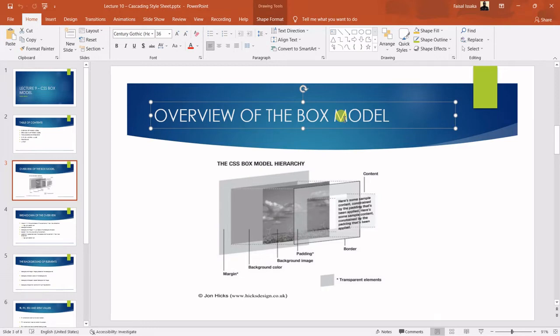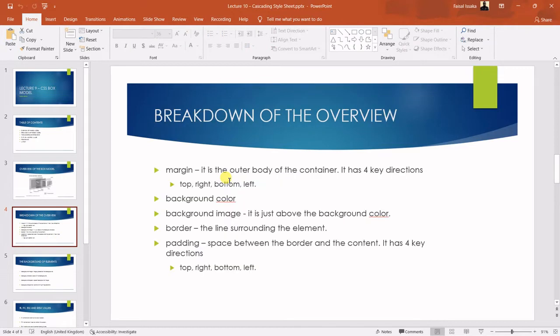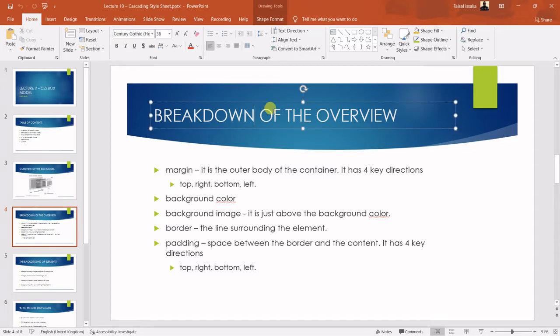Okay, so we look at that. Now let's see. The breakdown of the overview: the margin is the outer body of the container. It has four key directions, which are the top, the right, bottom, and the left. If I take the breakdown of the overview as my element, let's say the area around it, that's